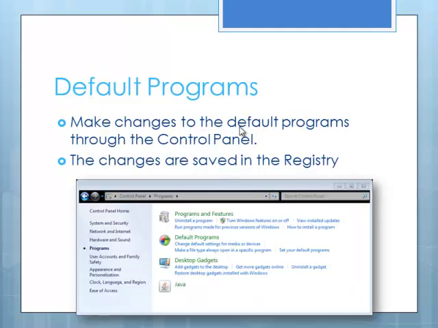So we've talked a lot about the default files. Well, you can change things through the registry, but it's better to change it through the control panel applications that allow you to do that. So from the control panel and programs, if you look here and you pick make a file type always open in a specific program,